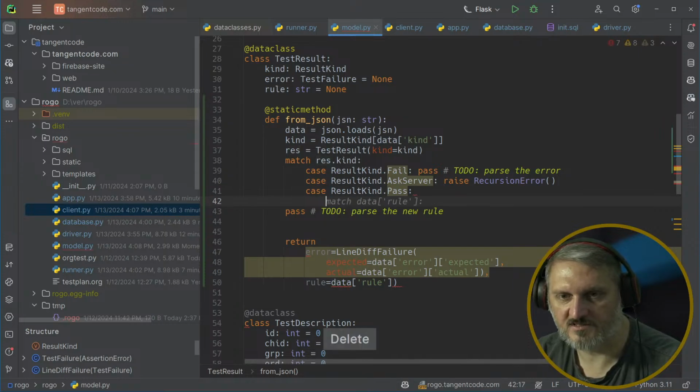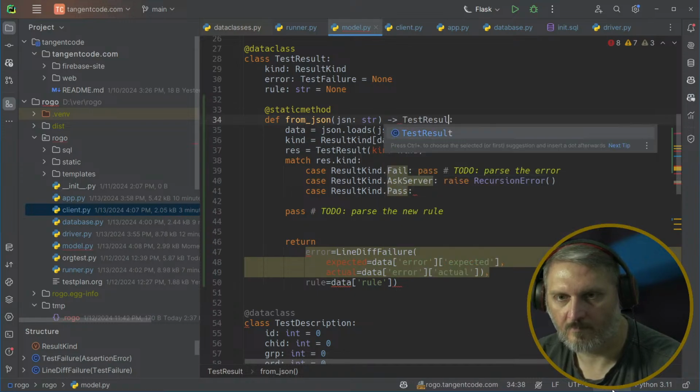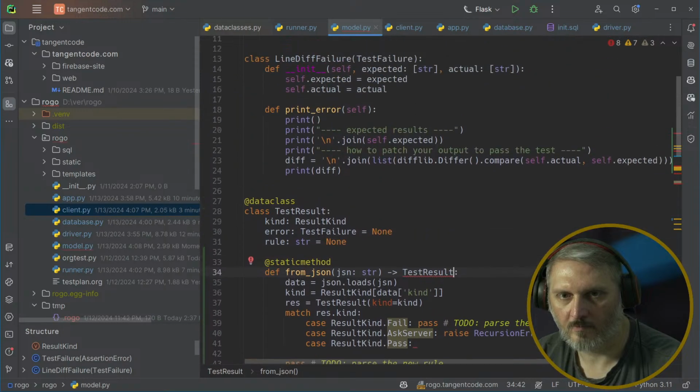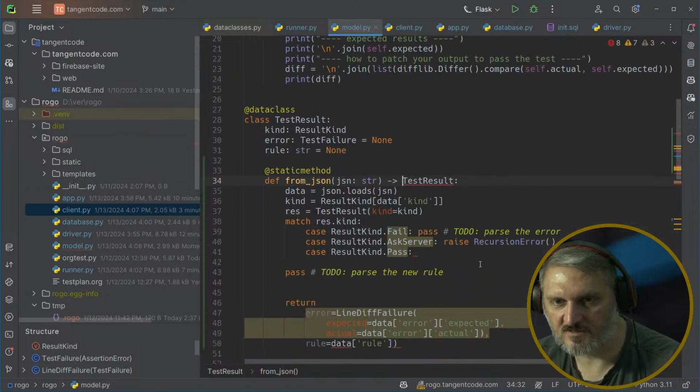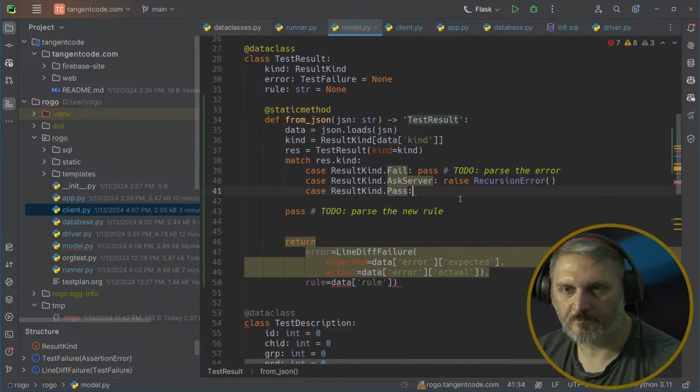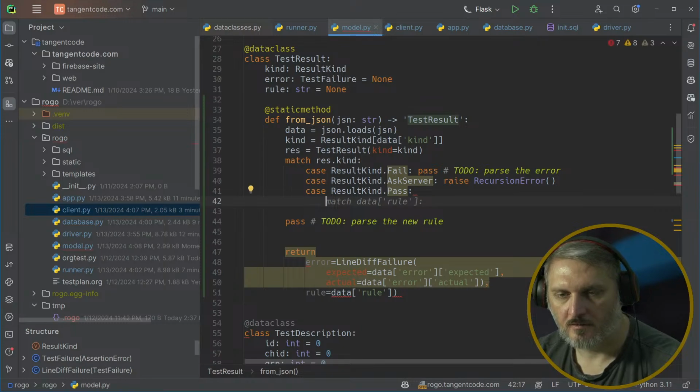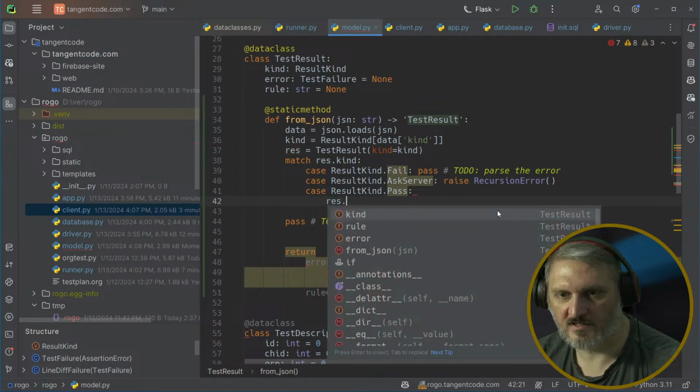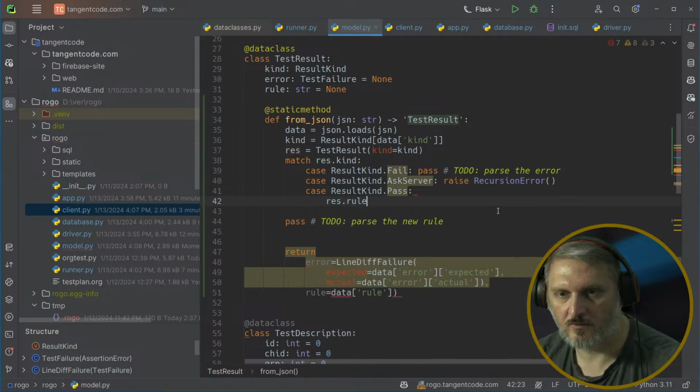Res is a TestResult, so TestResult, this is a TestResult, so we put it in quotes. So we say res.rule equals